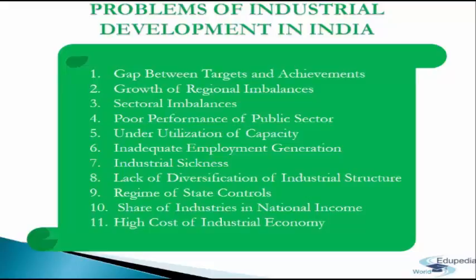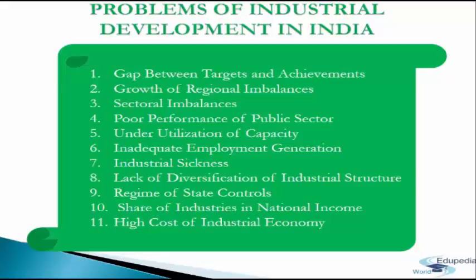In the entire period of planning, the industrial sector's achievements were well below the targets. It has been estimated that the average shortfall in industrial achievement has been about 20% in each plan period. The average industrial growth rate achieved over 35 to 40 years has been about 6.2%, relative to the average of about 8% projected. This trend is all along against the smooth industrial development of the country.